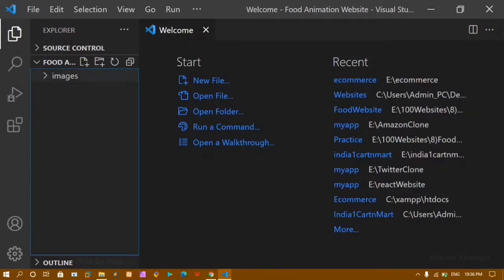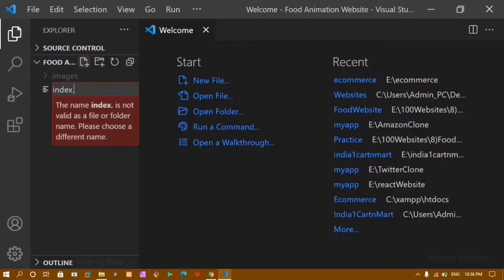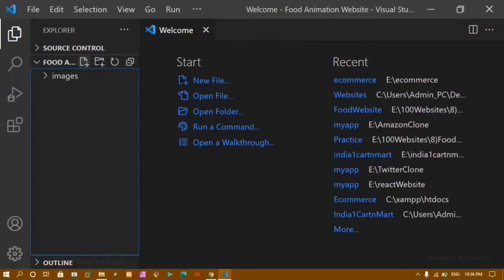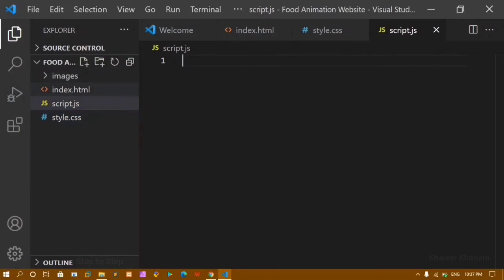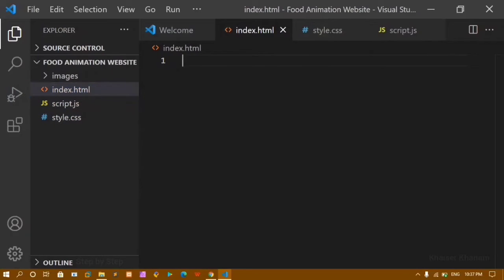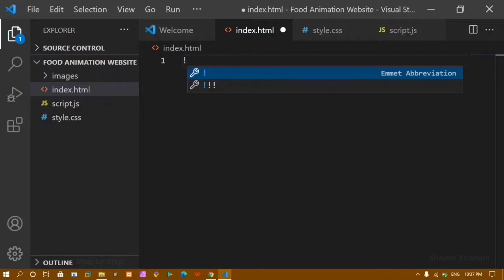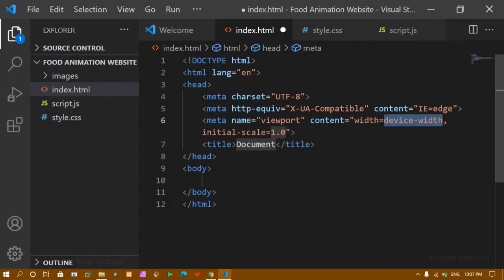Now first let's get started with the basic setup, and we are going to write the code for this website. Now here first I will be creating one file. I will give my file name as index.html. I will create another file, style.css, and also I will be creating the last file, script.js for JavaScript. Now inside index.html, first I will be writing this basic boilerplate of HTML, and inside this first